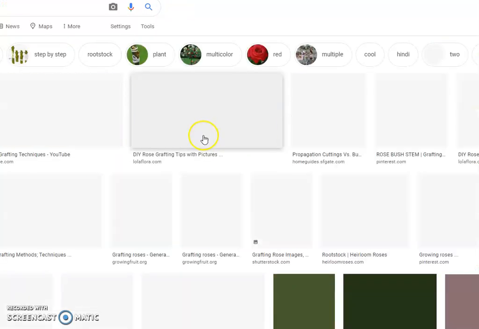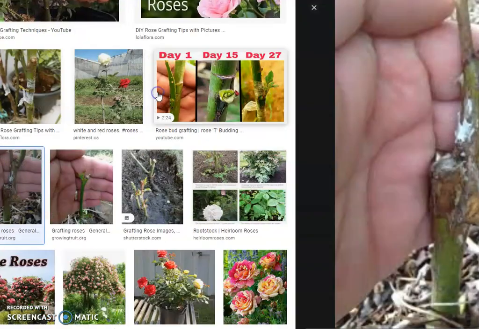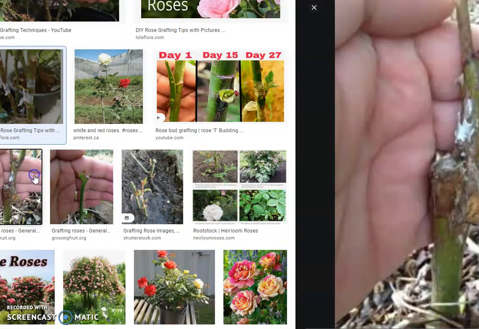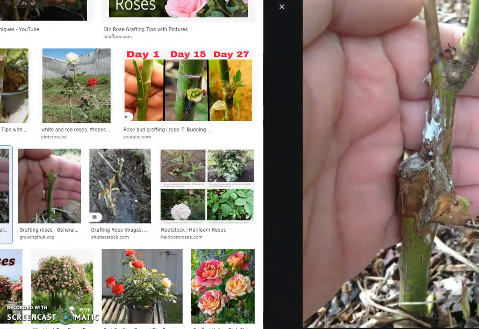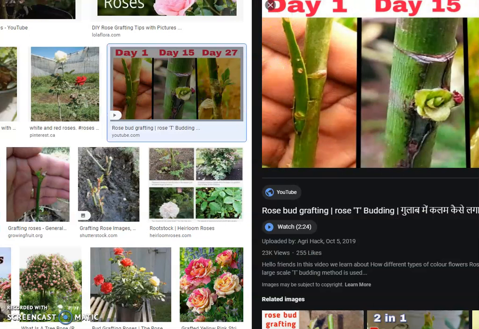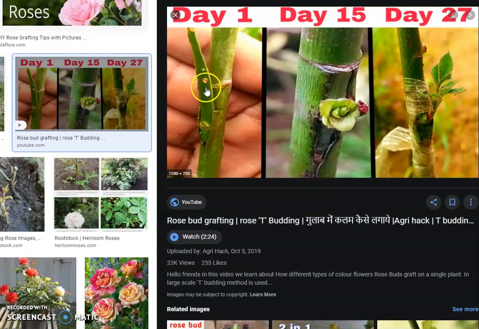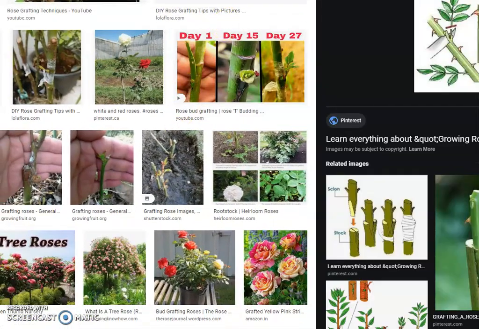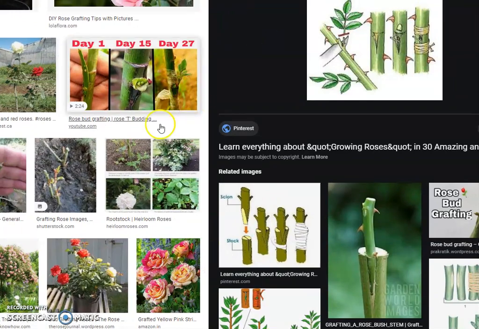So see, in this you are taking parts of two roses. You're taking stems of two roses and you are grafting them together. See how here it shows how it happens on a day-to-day basis. First you graft. See, this is one part of a rose and this is another rose stem. So you put them together. Then this is how it looks on day 15. On day 17, a new bud comes out of it. So grafting is also used where you try to join two stems or two parts of plants together.